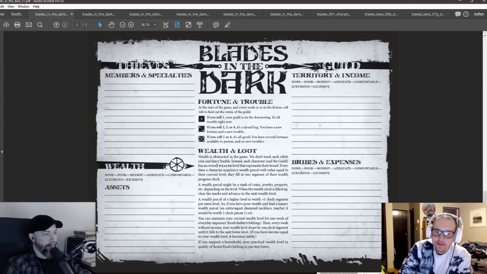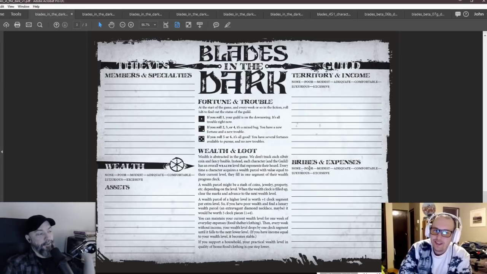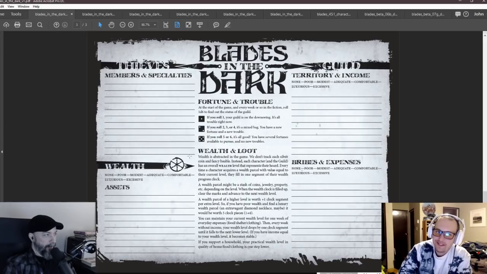Here's the thieves guild sheet where you're tracking who's in the guild and your territory and income. Oh, bribes and expenses. This was a whole thing. This lasted a long time. Tracking who's in your pocket and who you owe debts to. Yep. I thought that mattered, and that was a big part of the game for a long time. It used to be you would funnel a lot of your resources into that, basically, getting a cut every time you were making money. We're going to see that, I think, in this next version. I'll go ahead and move on.